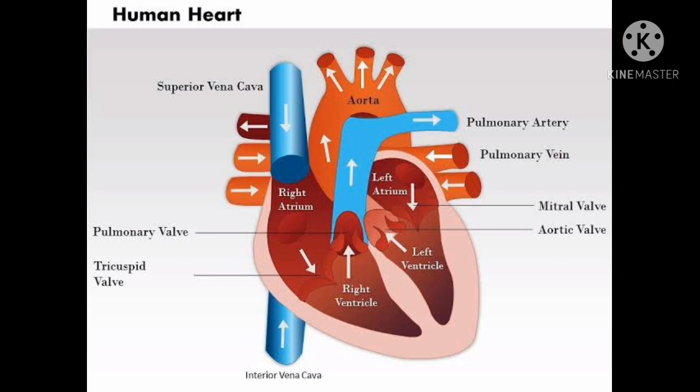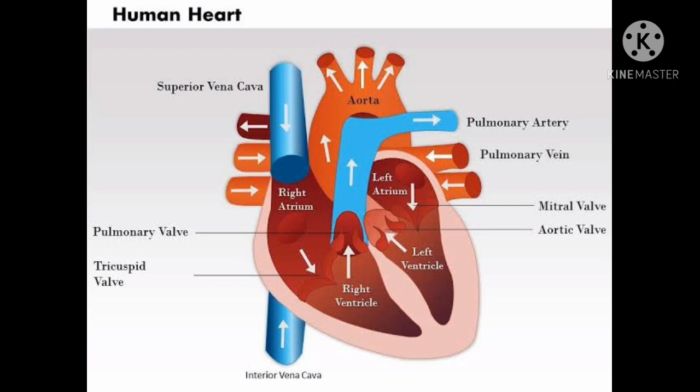Now see what exactly happens with this. Here two vena cavas are there, superior vena cava and inferior vena cava. Two directions are given. Superior vena cava collects the deoxygenated blood from the upper part of our body, means above the heart. And inferior vena cava collects deoxygenated blood from the lower part of our body, that is below the heart. Whatever the deoxygenated blood is there from upper part and lower part, it will be collected in the